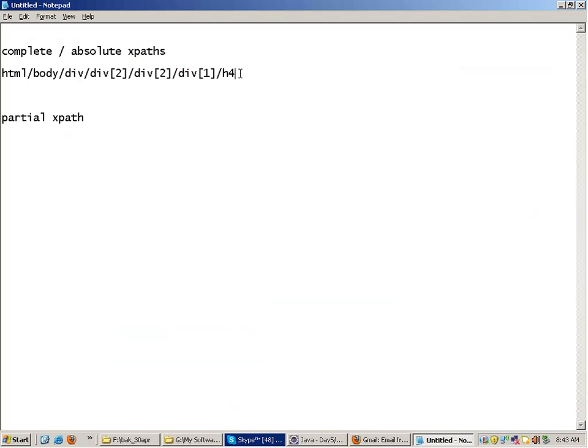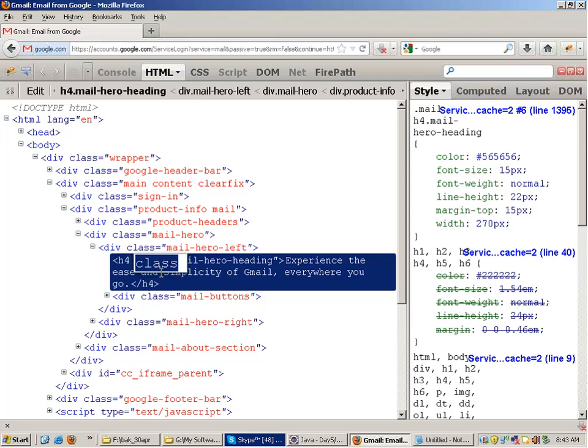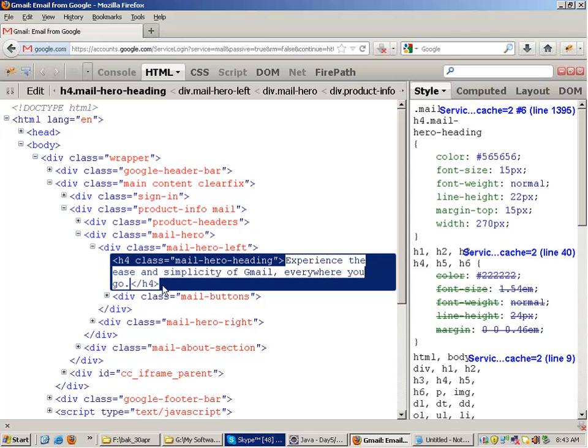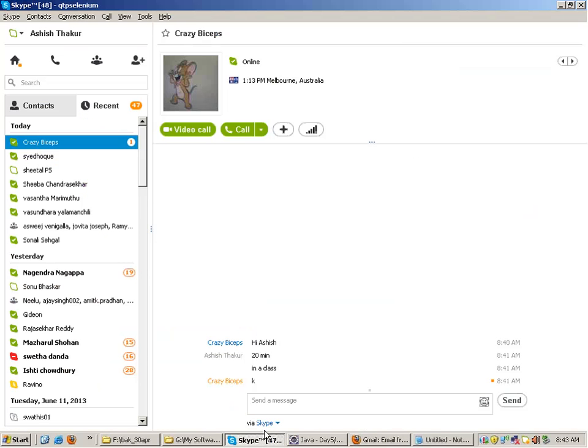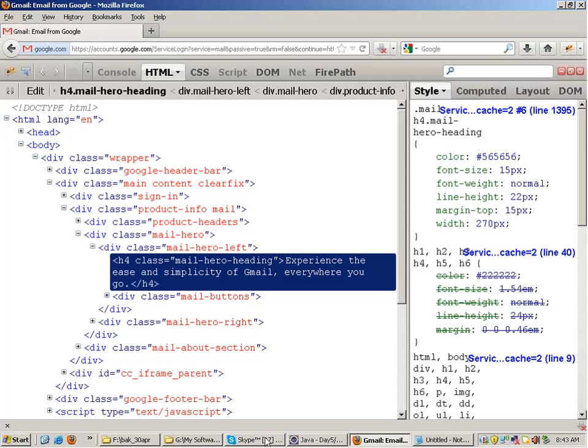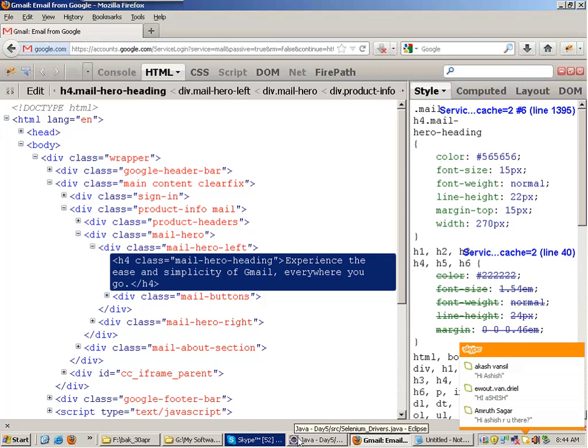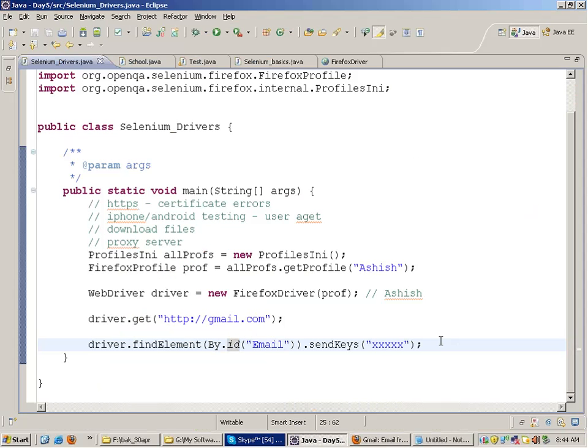So this becomes my XPath, which will denote the text. The text is actually present inside the h4 tag. So in my code over here,